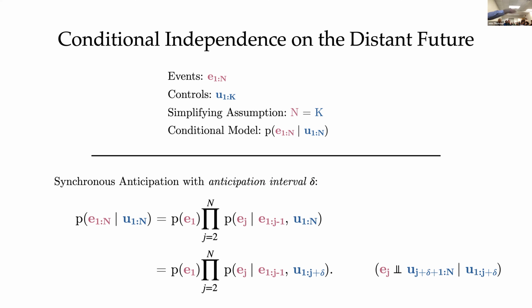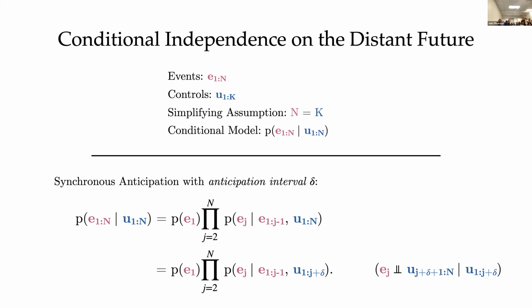This is sort of how many controls ahead of where I am in the event sequence I'm conditioning on in the control sequence. And if I make delta really large, I can anticipate very far into the future. But the trade-off is that now, to be able to see the controls that are most relevant to predicting events at time EJ, I have to look very far back into the sequence to see where those tokens have been interleaved. Are we all good with the setup so far?